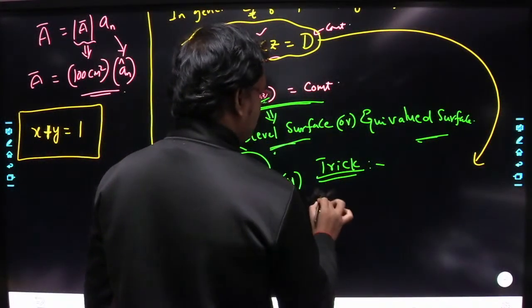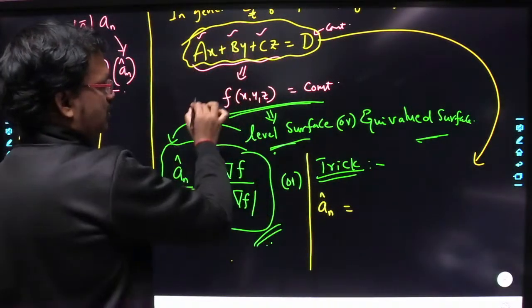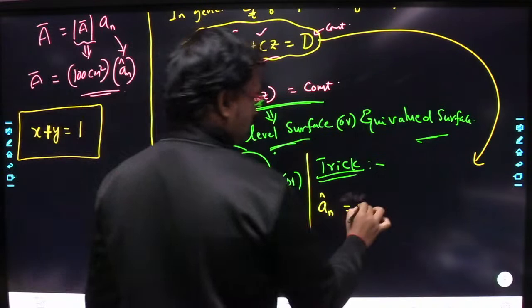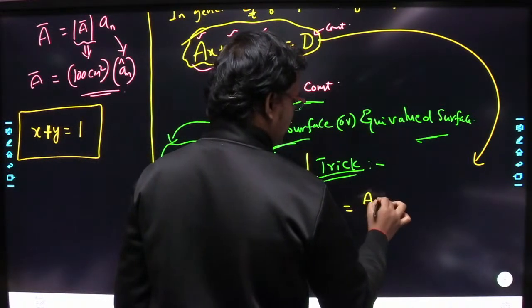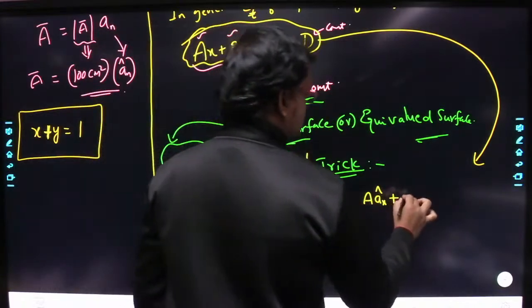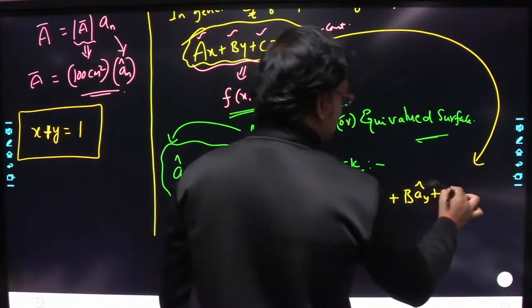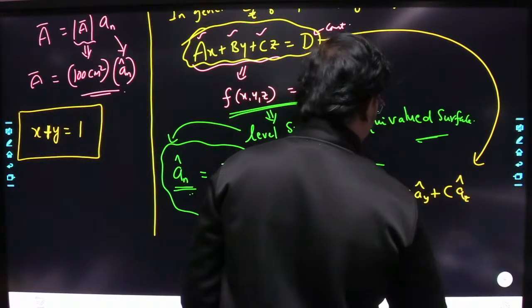Just write down the coefficient of x, which is a, so a ax cap, and the coefficient of y, that is b ay cap, and the coefficient of z, that is c az cap, divided by